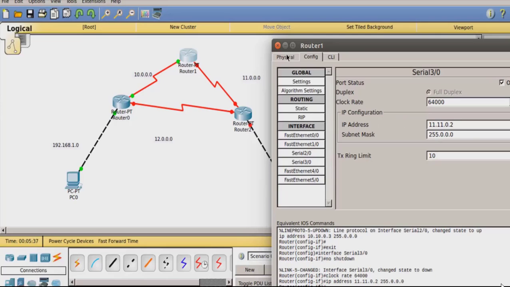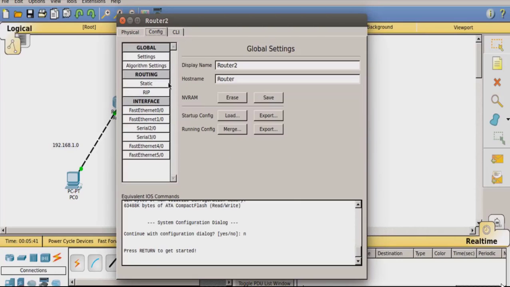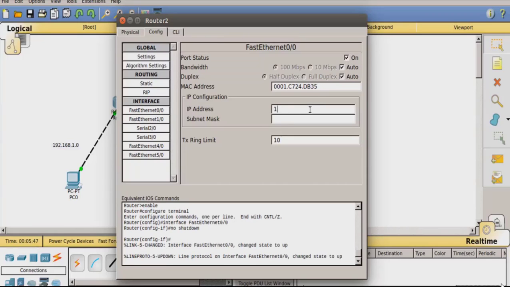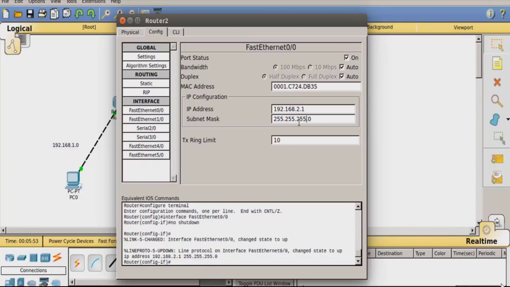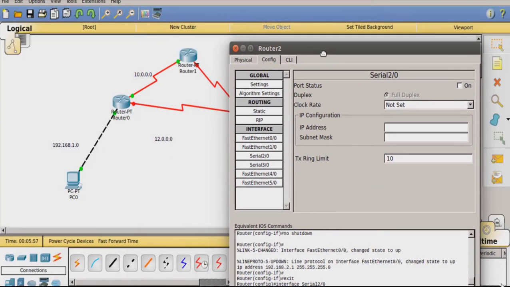For simplicity, we're going to follow the same form. Okay, so now router 2 is configured. Now, let's configure router 3. So, FastEthernet is going to be 192.168.2.1. And then serial 2, as we have seen earlier,